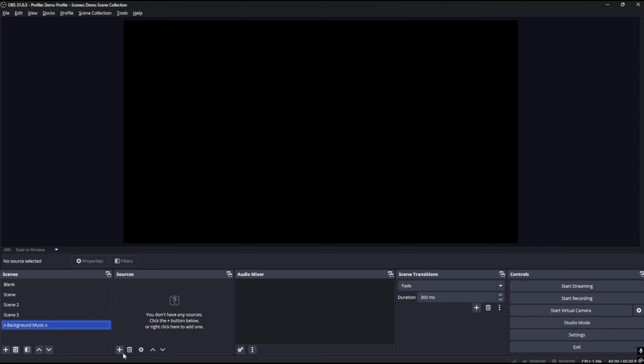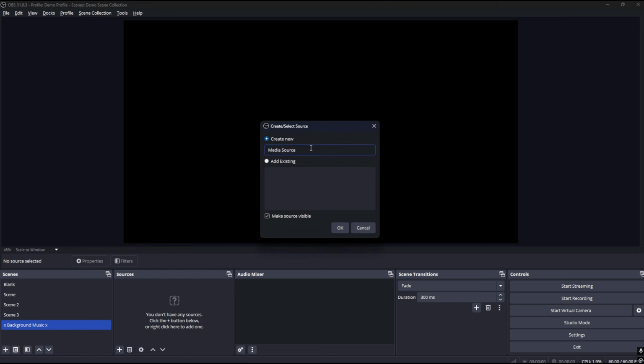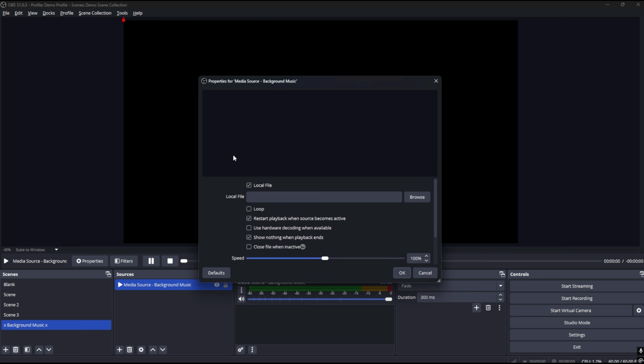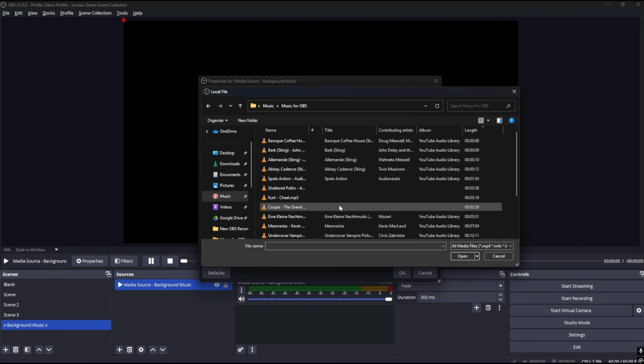And inside of that, I'm going to add a media source, and I'm going to leave the words media source in there and put in background music. I like to name things specific so that I can reference them through. And now I'm going to select some kind of music,